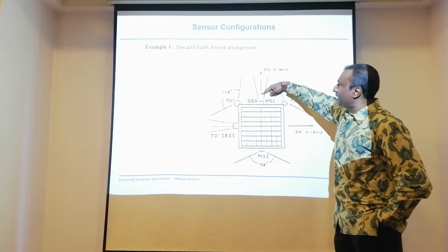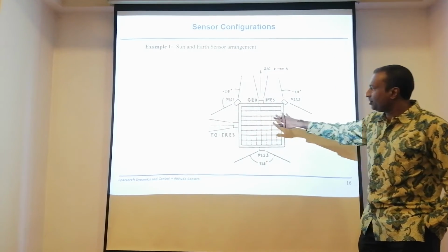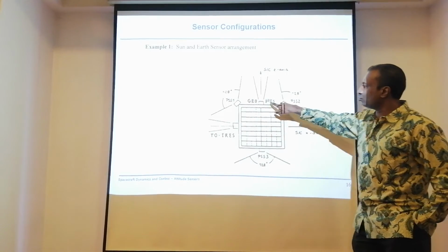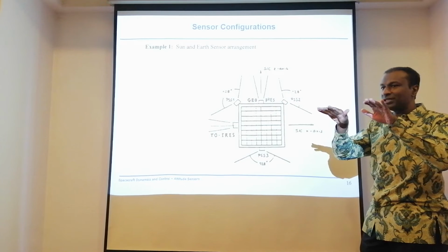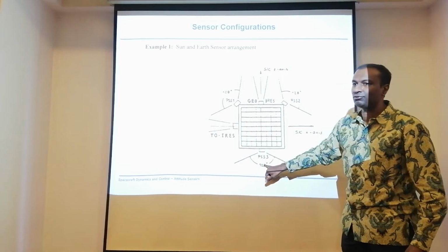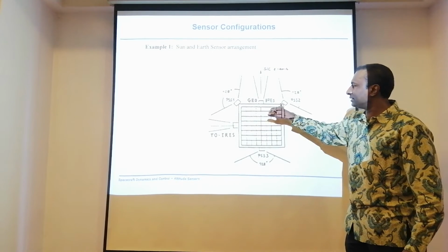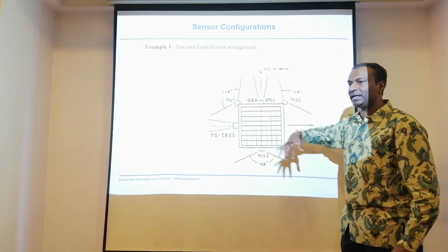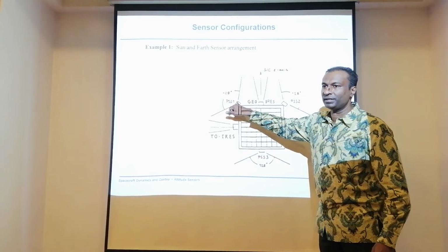I'm facing planet Earth. The sun is at the back, but when I go into eclipse, these 2 sun sensors would be able to see the sun. Now, when I'm facing the sun, obviously this is going to give me the maximum exposure, so this is going to work. But when I start orbiting, I go into the eclipse, then I want to come out, this will be very relevant to me.